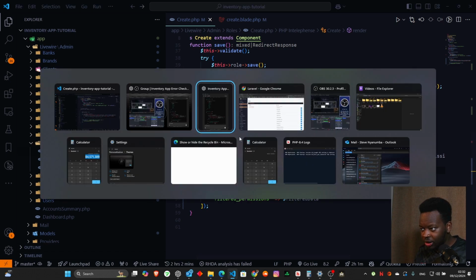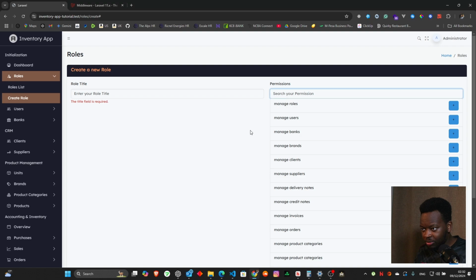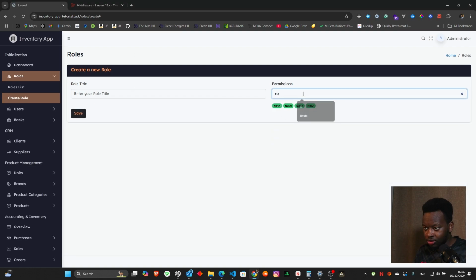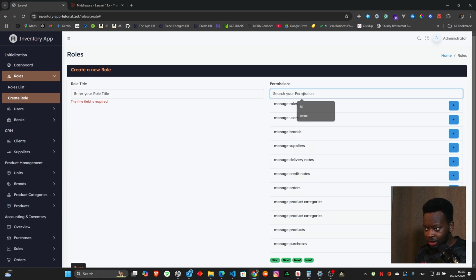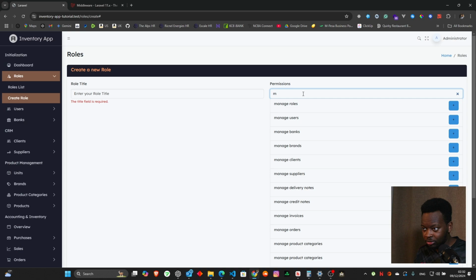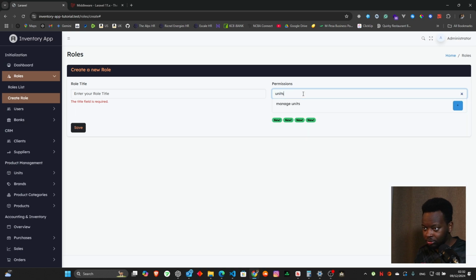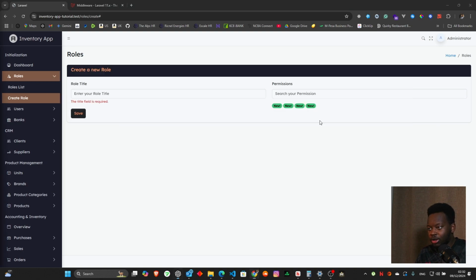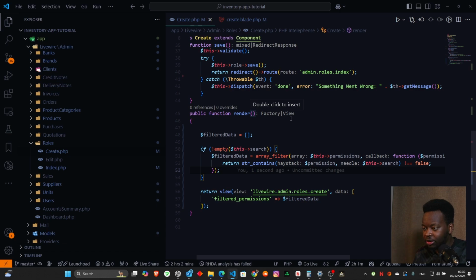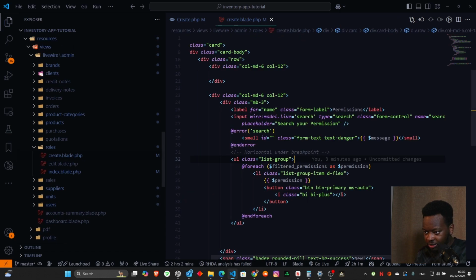And now that we have everything set, we can come in here and let's refresh this. And now if we come in here and say roles, we can add that. Permissions. I can do, I don't know, units and all that stuff. Great. So now that we have that set, we can come in here and we go to the create, and